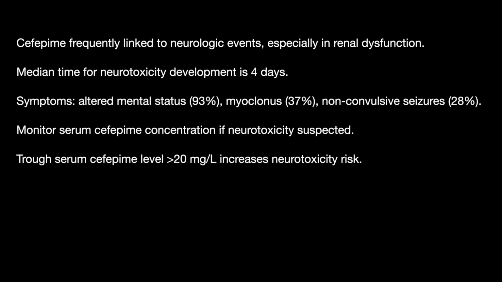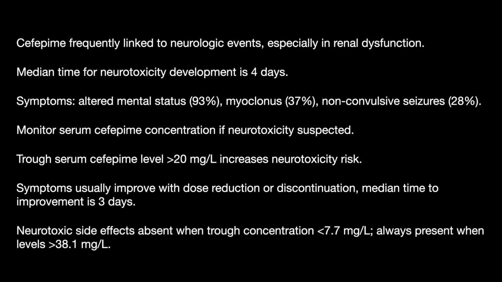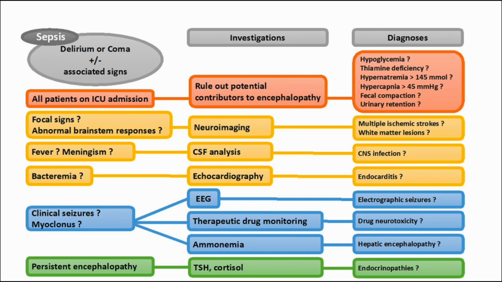A trough level of more than 20 increases neurotoxicity risk. Symptoms usually improve with dose reduction or discontinuation. Neurotoxic side effects are absent when the trough levels are less than 7.7 and always present when it is more than 38.1. So summarizing, this is a simplified diagnostic algorithm for SAE where you suspect sepsis, and in those patients